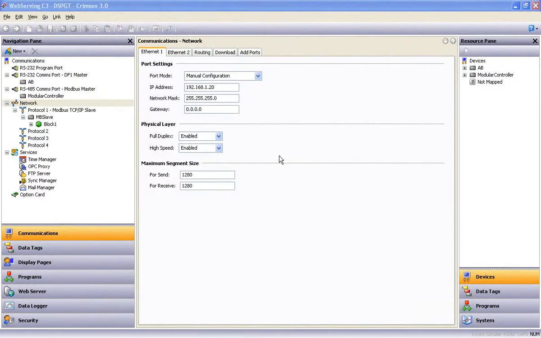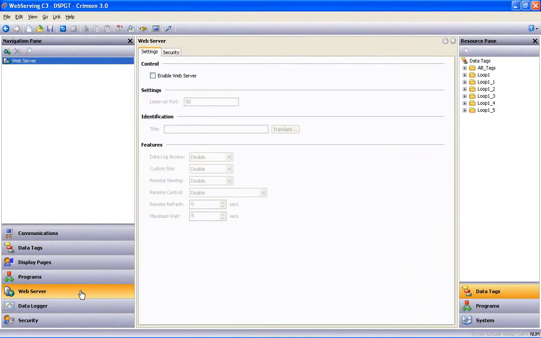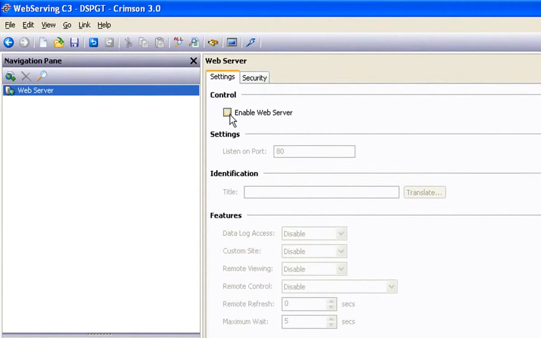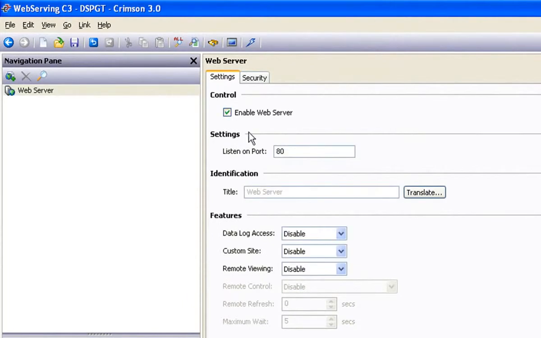So, now we go back to the web server section of the software to start what should be the tedious, time-consuming chore of setting up the web server itself, right? But watch this. It can't get much easier than this. You barely have to be paying attention to get this right. You check the Enable Server box, give your server a title if you want,